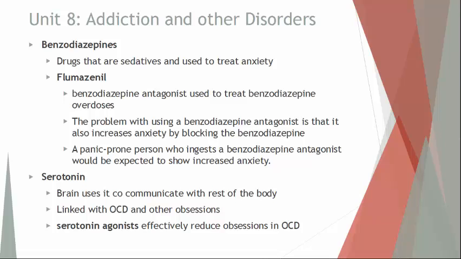An example of a benzodiazepine is the drug flumazenil. Now, this is a benzodiazepine antagonist that's used to treat overdoses of benzodiazepine. And this term here, antagonist, is a general term used to explain how drugs can either help induce an effect or help block an effect. And in this case, a benzodiazepine antagonist will help nullify the effect of that drug. And how it does so is it will block receptors on cells for that drug. So this will block benzodiazepine from reaching the cells and actually working.